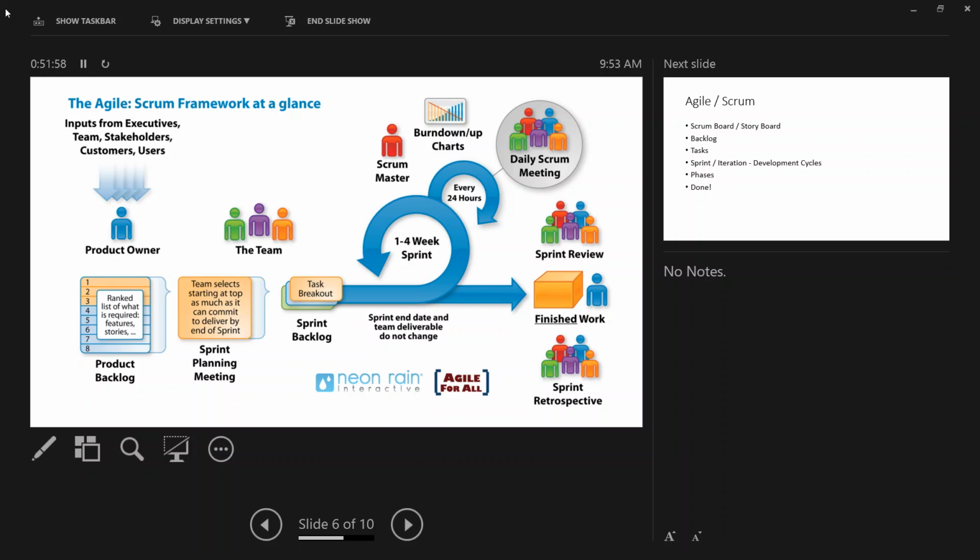I mean, here, this is a slide, right? Whatever we created, that's what it is. It doesn't say the product owner is responsible for anything. But the product owner is nothing but the role of the business analyst, who is a liaison between the business and the IT. And they are the ones actually responsible for maintaining the product backlog. Kind of like a BA is responsible for the requirements document, right? Same thing, the product owner is responsible for the product backlog. It's just a terminology that they are using.